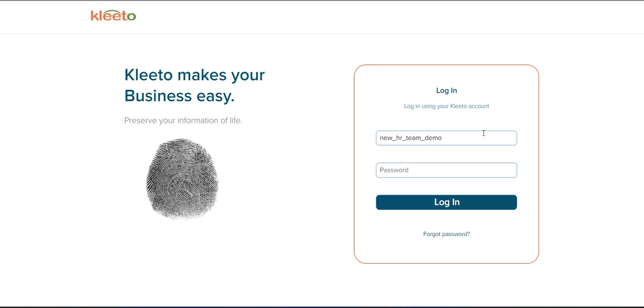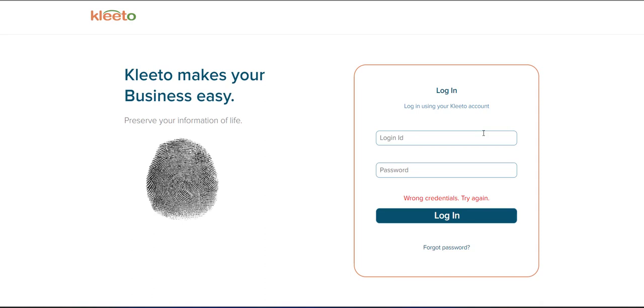The HR team has a pretty much similar dashboard, which was there at the recruiter stage. However, there will be certain different authorities that will be provided to the HR. The HR can accept or reject the documents uploaded by the recruiter team as well as the candidate. And once they are rejecting the document, similar as the recruiter had to give the reason for the rejection of the documents, the HR can also do the same.